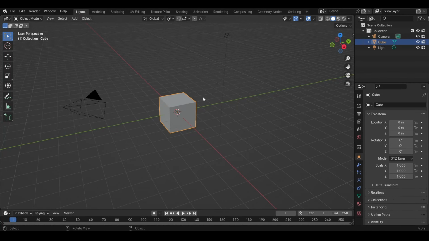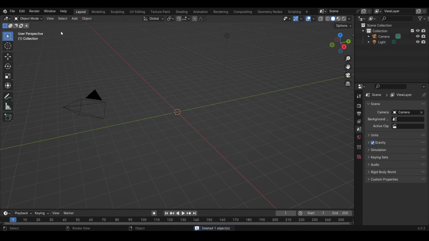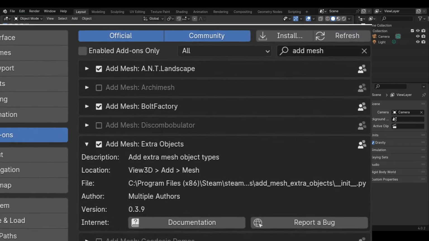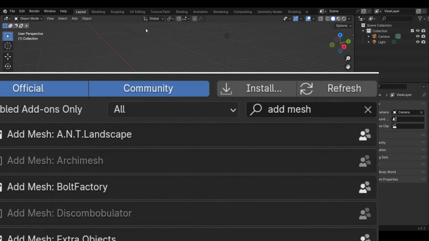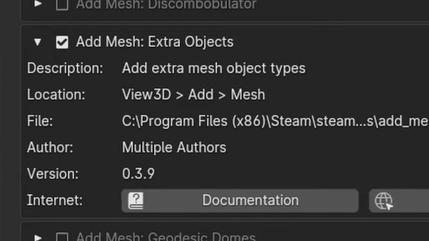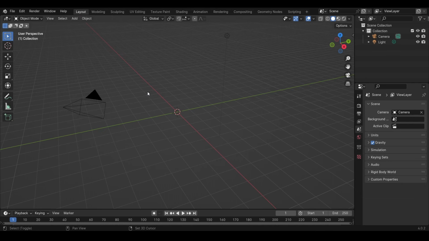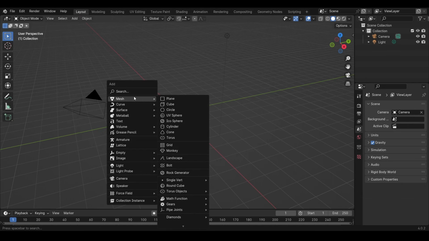Right, let's create an asteroid in Blender. We can start off deleting the cube. Then we go into Edit, Preferences, Add-ons, and search for Add Mesh. And we will add this extra objects mesh. Then in this little tab, Shift A, Mesh,